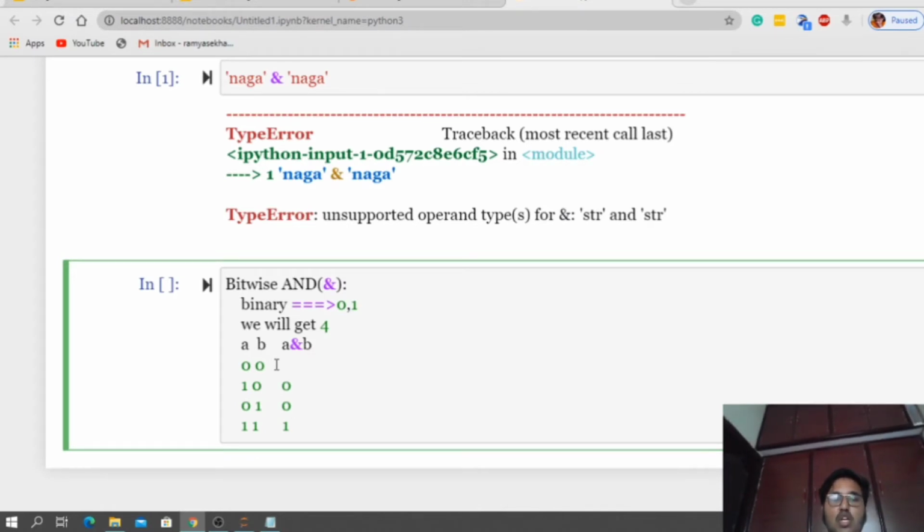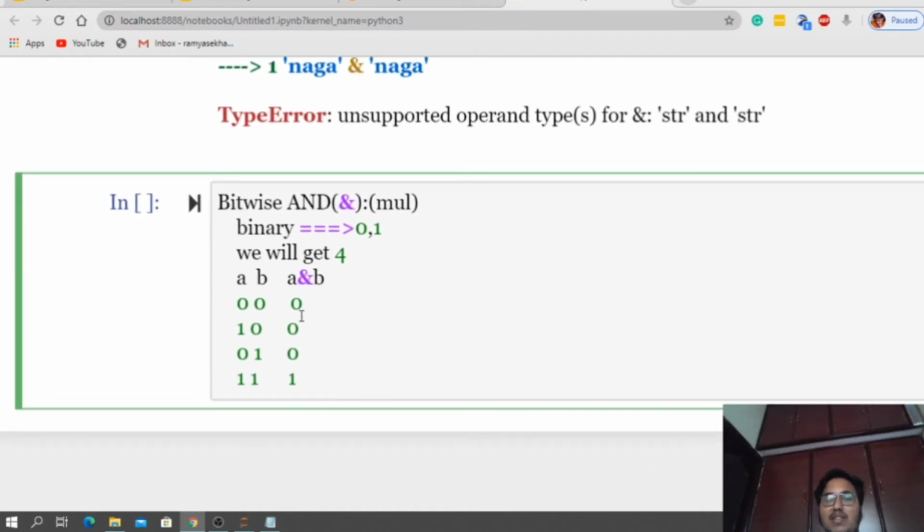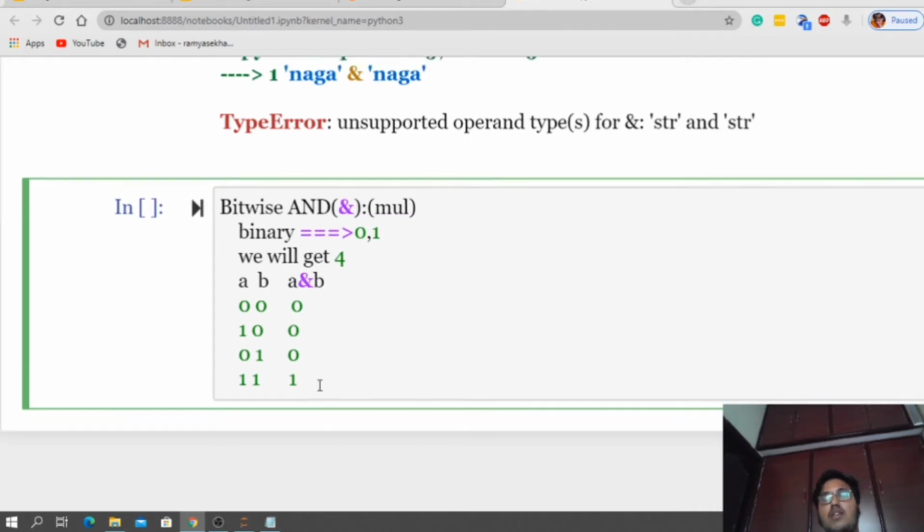Is this clear? For memorizing, you can remember that AND is nothing but multiplication. 0 into 0 is 0, 1 into 0 is 0, 0 into 1 is 0, and 1 into 1 is 1. If you multiply A and B, you will get A ampersand B.